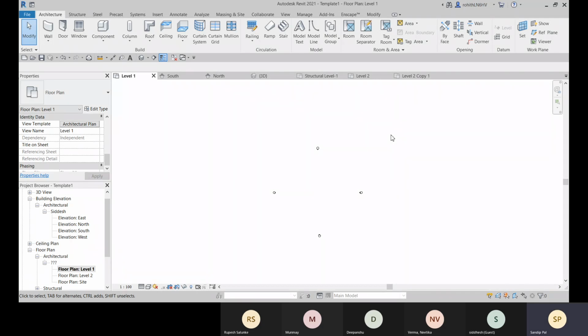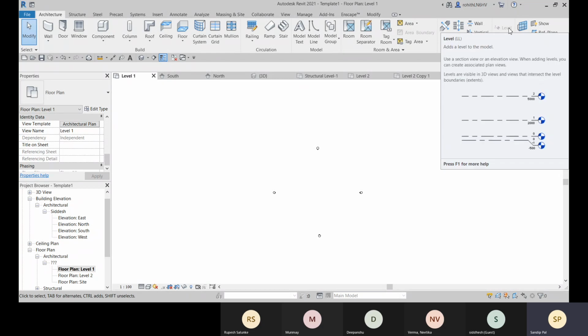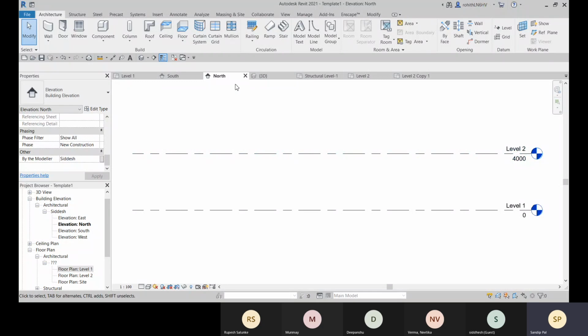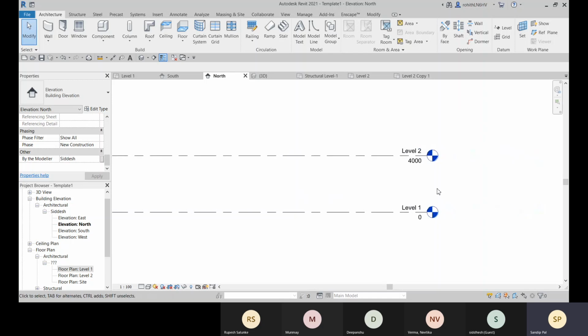So the elevation view is the option. Another is section. In section views and in elevation views, we only can create levels, and LL is the shortcut for creating levels. So I'm going to double click here, and right now I'm into this north view. And here you can see that two default levels are created.